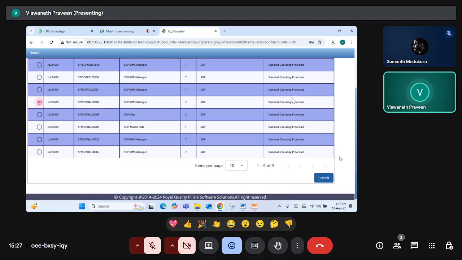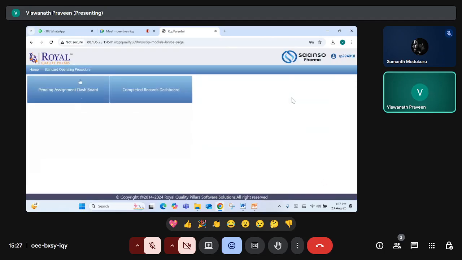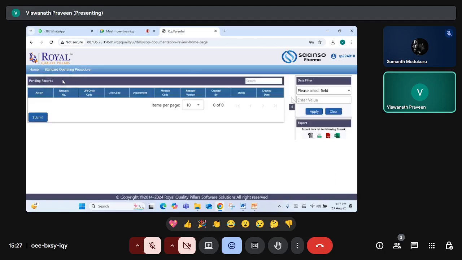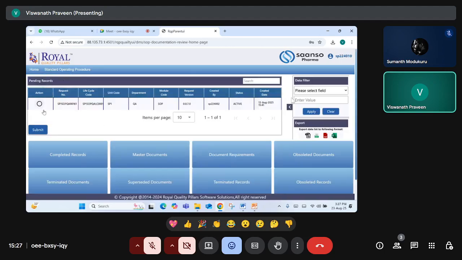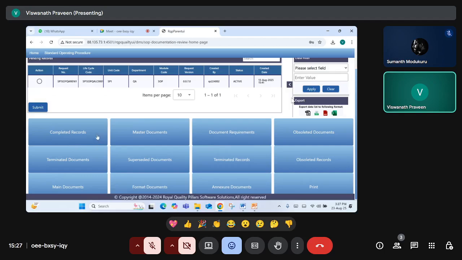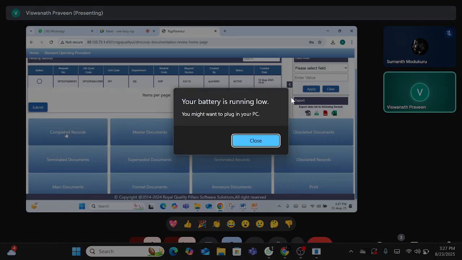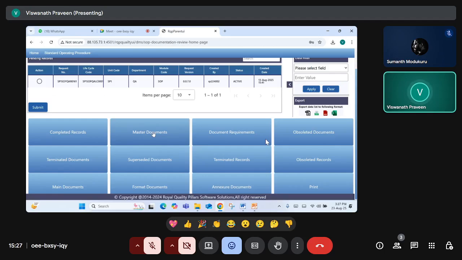This is our life cycle. Here to verify the master copy, whether the document is made effective or not, we are verifying in the tab